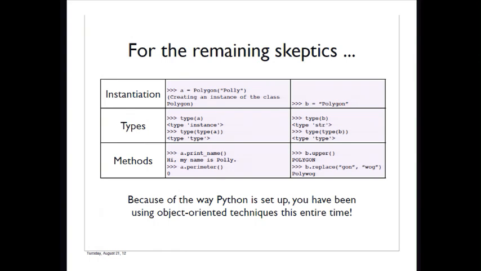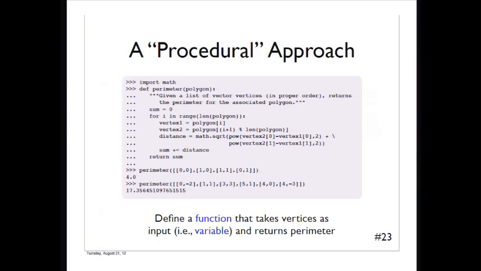Types, whenever you've created a number and asked what the type of this is, and you check and it gives you an instance type. And methods: all of the methods that you've been using that are associated with the modules from your modules lecture the other day are also fundamentally object-oriented in base Python. So you're either going to use that native object orientation or not, and one way is easier. So use object orientation. So let's talk about the way that you would do it if you were naively, procedurally